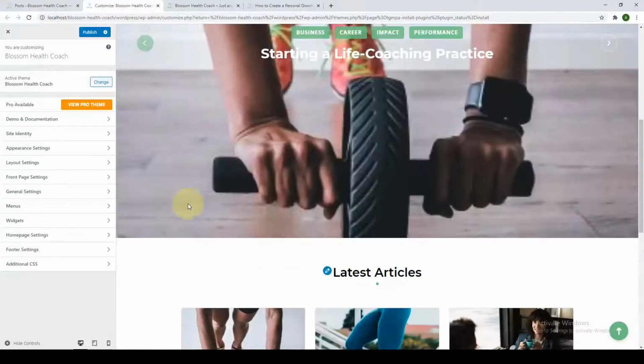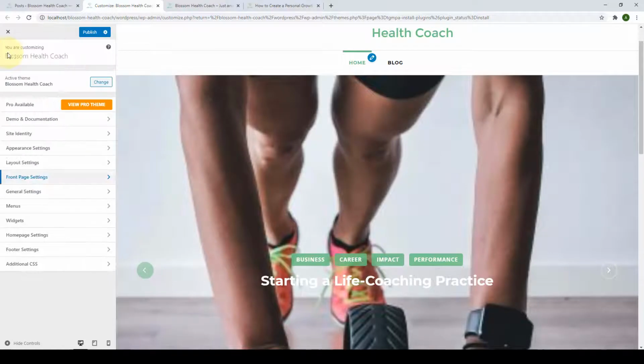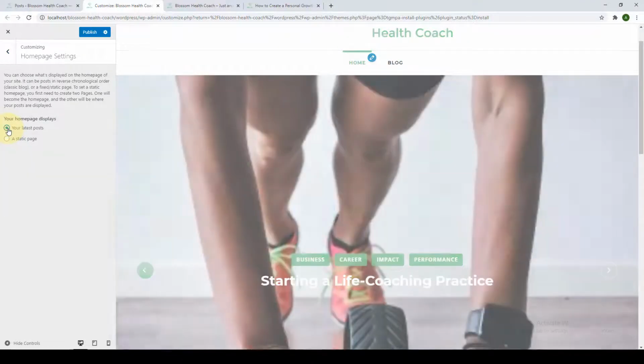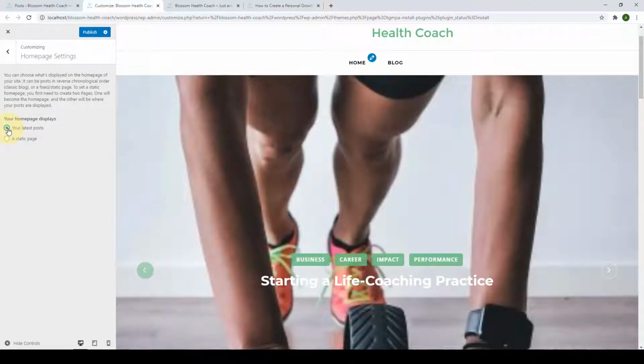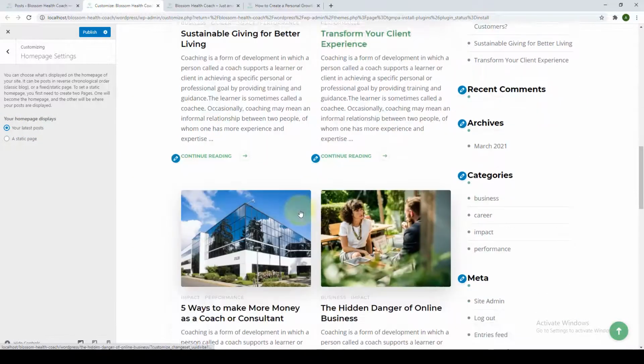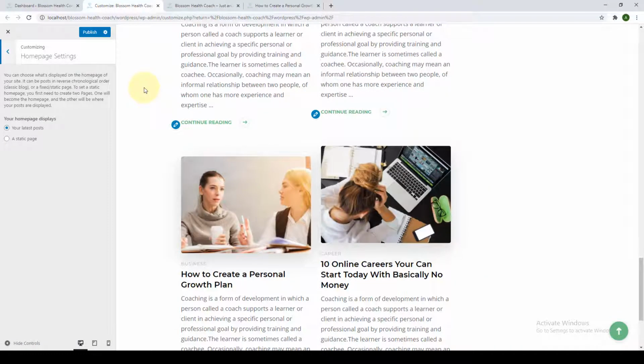So before we go ahead and configure our front page settings and our banner section, we have to take care of our homepage settings first. Click on it. There are two options for your homepage display. The first is to have your latest posts displayed as your homepage. So if you select your latest posts, all of your latest posts will be displayed in your homepage like this. When you do this, you will not be able to display the front page settings